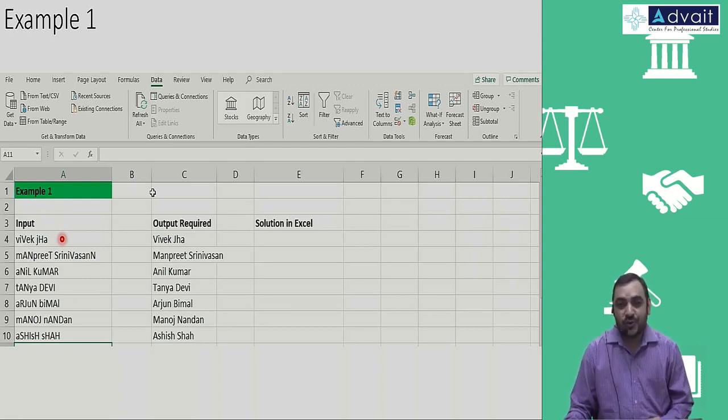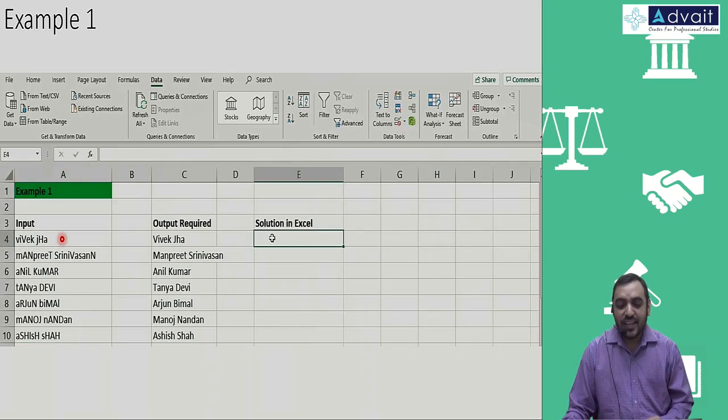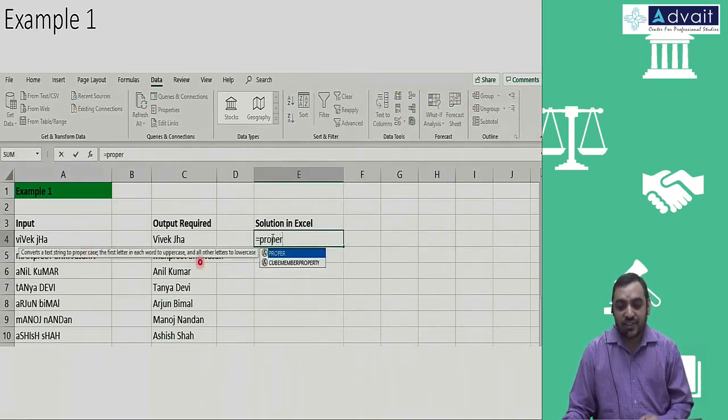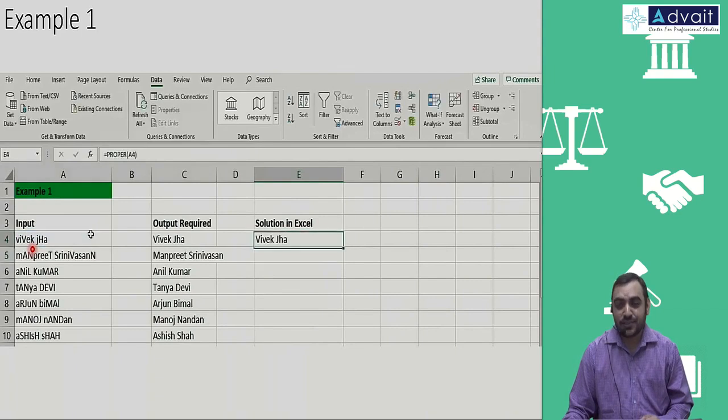So if you want to do that, there is a formula in Excel. Take a look at this. You type equals and there is a function called PROPER, select the input, close the bracket, press enter and then drag it. You can drag it like this, or you can do copy paste.